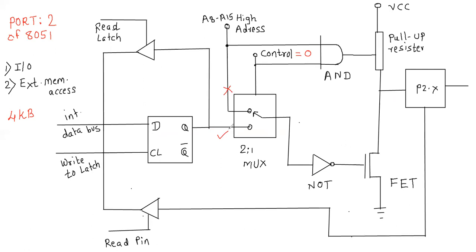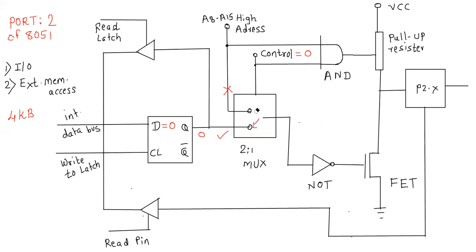Now in here, as we already know, whenever the microcontroller wants to write something, or whenever it wants to send the data to the port pin, we need to have this D equal to 0. When this D is equal to 0, that means this Q output will be equal to 0. This Q bar is don't care as it is not connected. Now with this 0, we also make sure that this control line is equal to 0. So now the switch will be at this position.